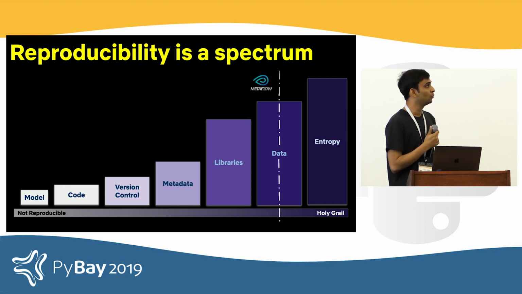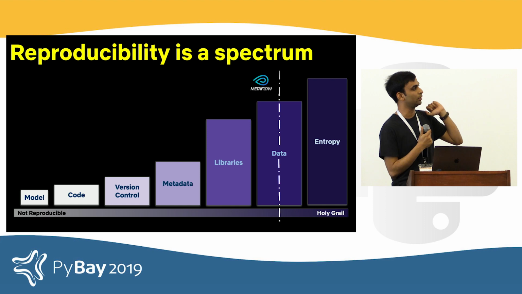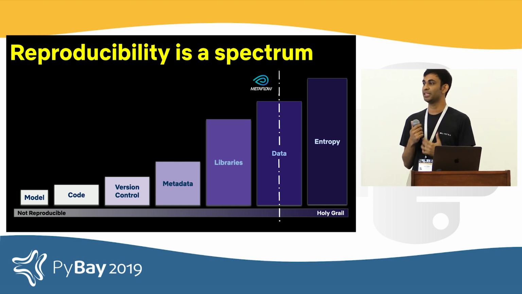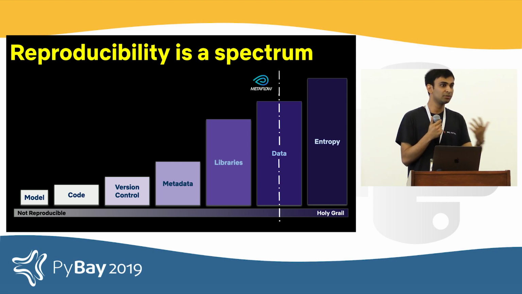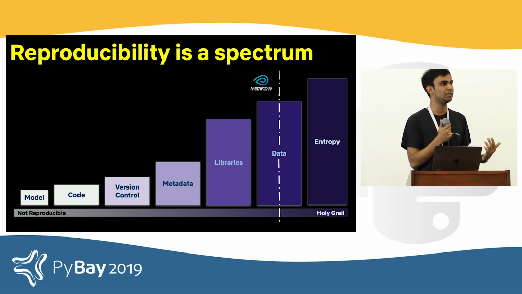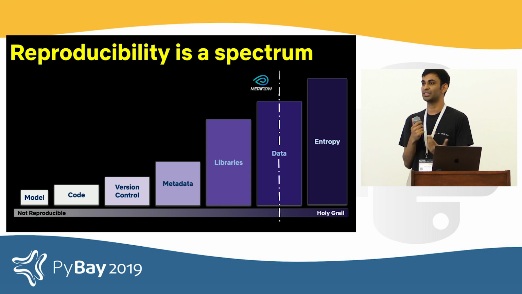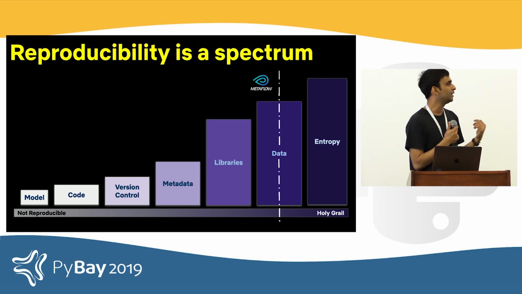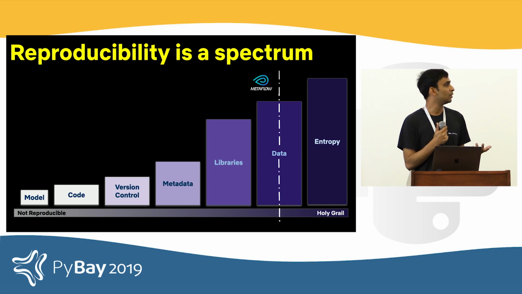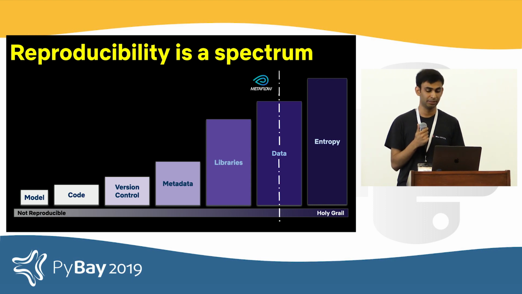When it comes to Metaflow, we chose to lie on the right extreme of the spectrum, where we place certain assumptions around the nature of the data. We assume that because we are operating in the cloud and we have infinitesimal storage capacity on S3, the input data that the users are giving us are immutable snapshots. And if we just persist data pointers to those snapshots and take care of everything else, then those provide a really nice guarantee to our users, which in our observation has worked out really well for us.